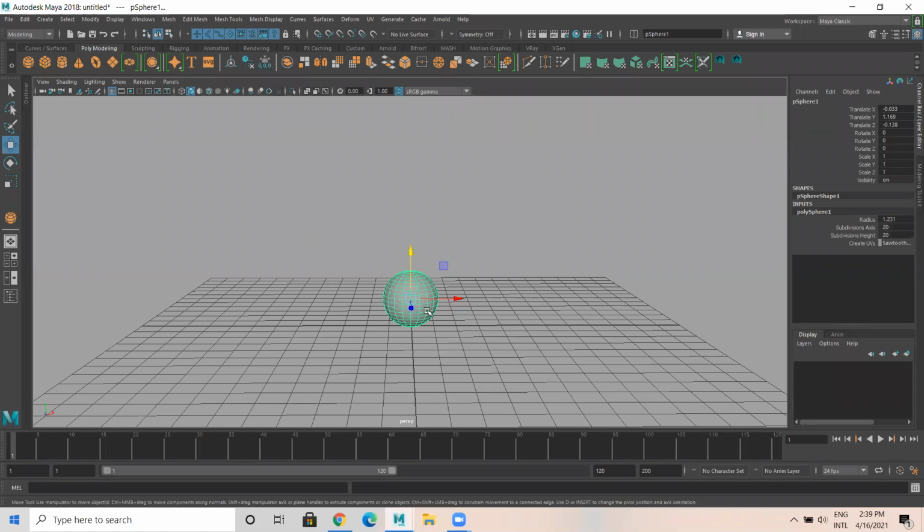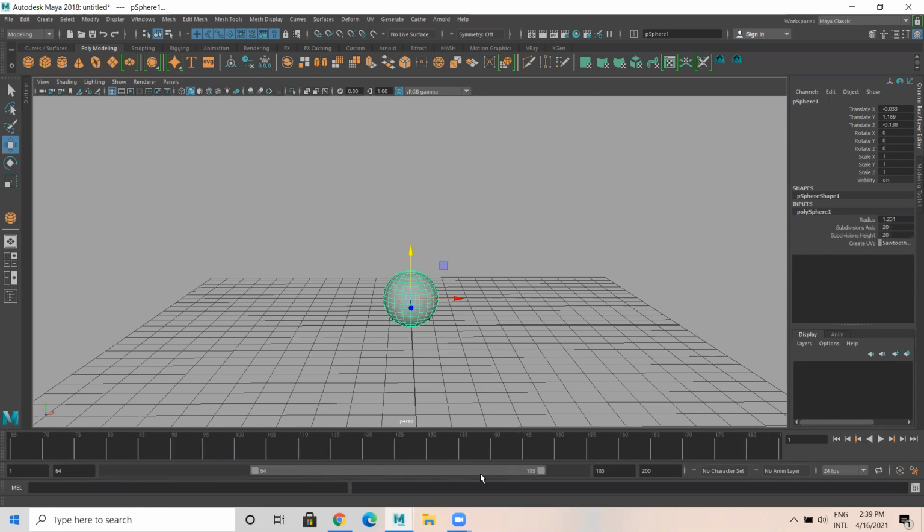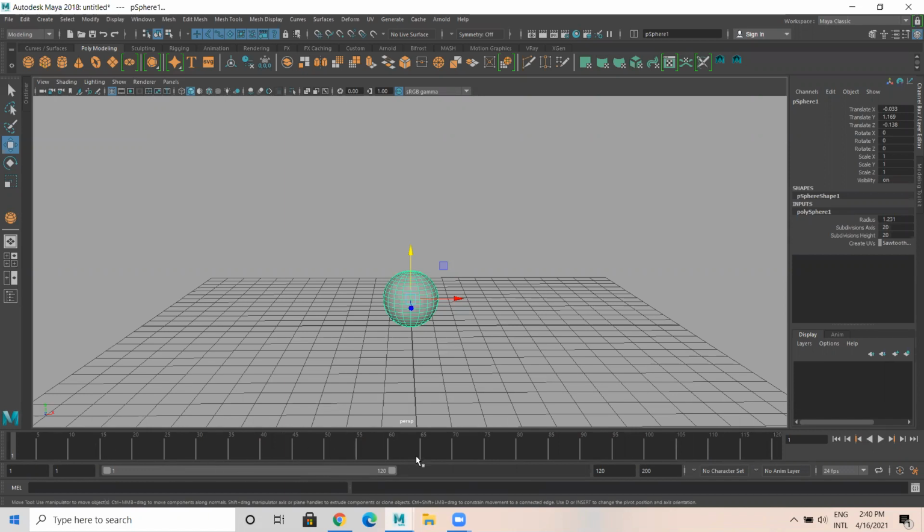So if I play, these are the multiple frames. This is a frame, and this is the timeline, a timeline consists of multiple frames. This is a range slider, it defines from what range to what range the animation should happen. And here you have the play and pause buttons. Play, stop. Go back to frame, go to the next frame, and this one goes to the next keyed frame.